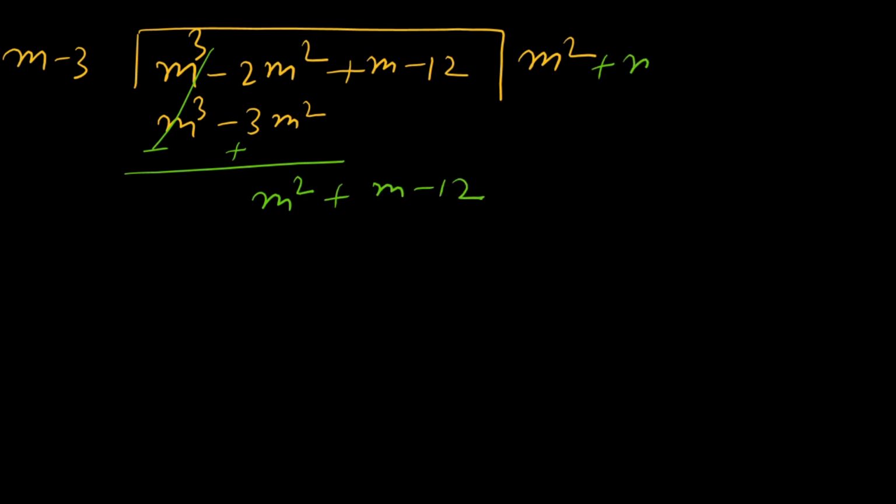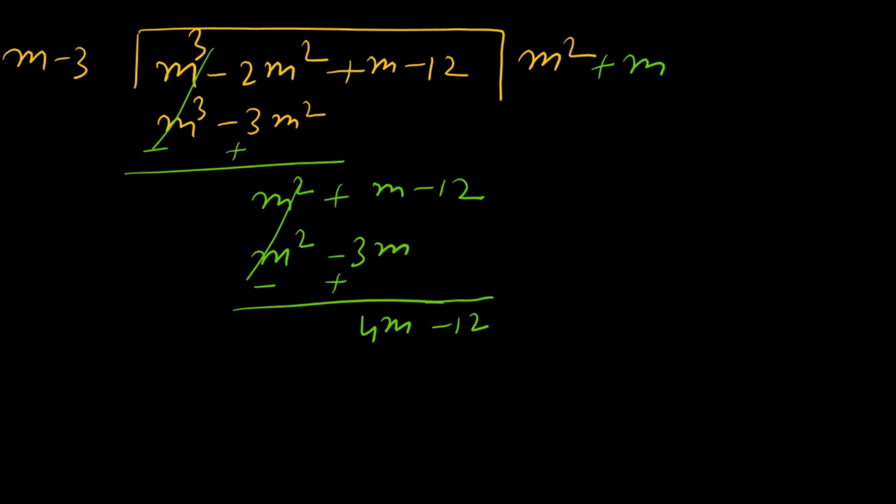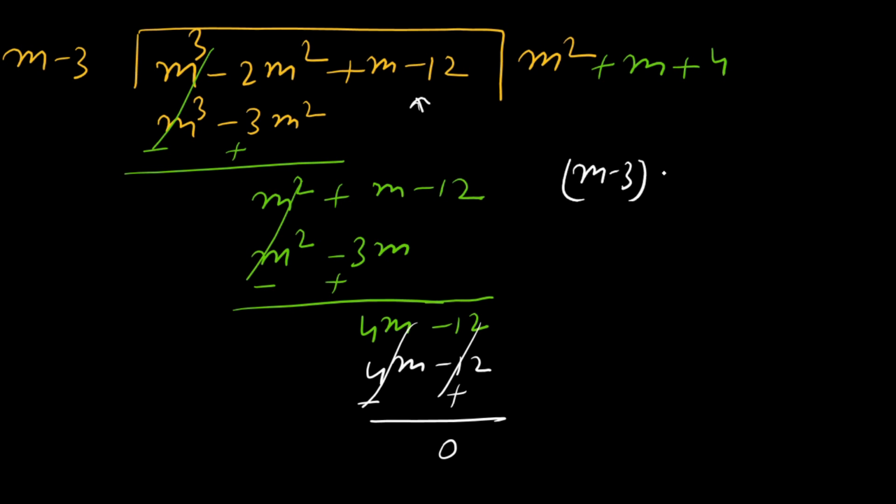Here if we take m and this m is multiplied by m, then we get m square. And this m is multiplied by minus 3, then we get minus 3m. Minus and plus, this expression is cancelled out, then m and this is plus 3m. So we have here plus 4m minus 12. If we take 4, then 4 is multiplied by this m minus 3, then we get 4m minus 12. Here minus and here this is plus, and this expression is cancelled out. So factor of this cubic is m minus 3 multiplied by m square plus m plus 4, and this